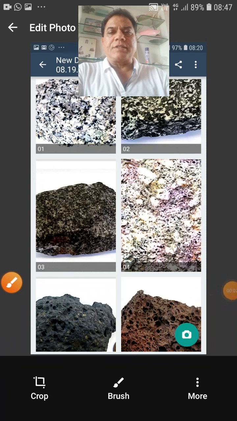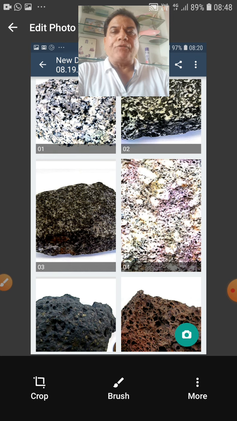Today we will discuss identification of rocks in hand specimen. You all know in petrology the rocks are collected from the field, meaning the first observation of the rocks is in the field, that is in situ, in outcrops. There we notice the megascopic features and bring samples to our laboratory.